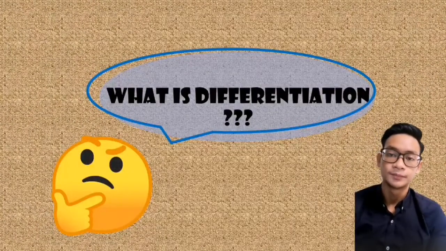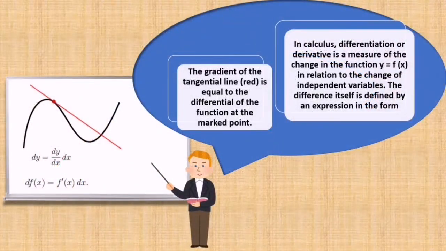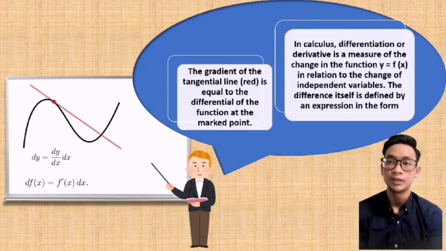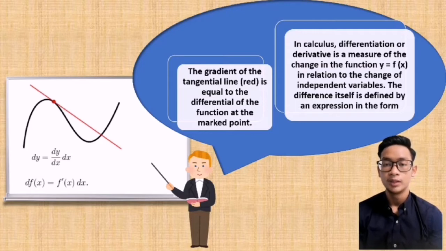What is differentiation? Based on the slide, the gradient of the tangential red line is equal to the differential of the function at the marked point. In calculus, differentiation or derivative is a measure of the change in the function y equals f of x in relation to the change of the independent variables. The difference itself is defined by an expression in the form